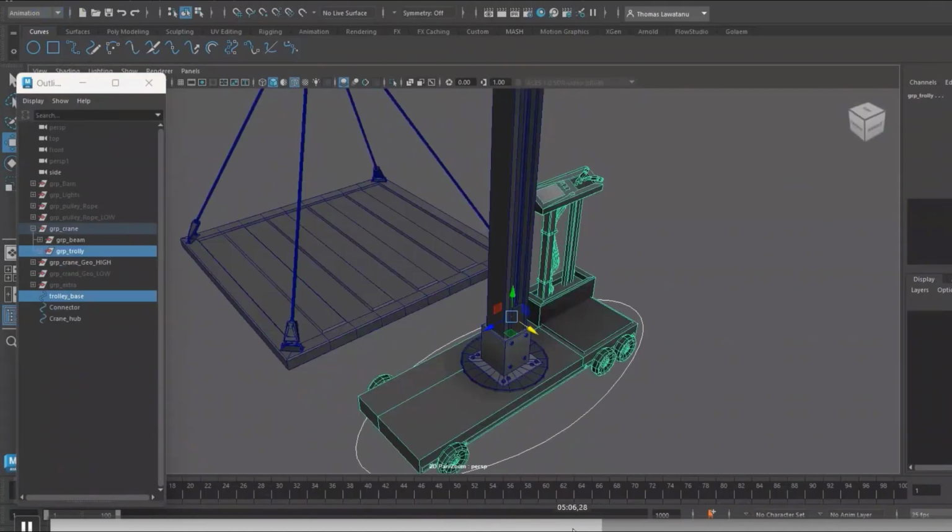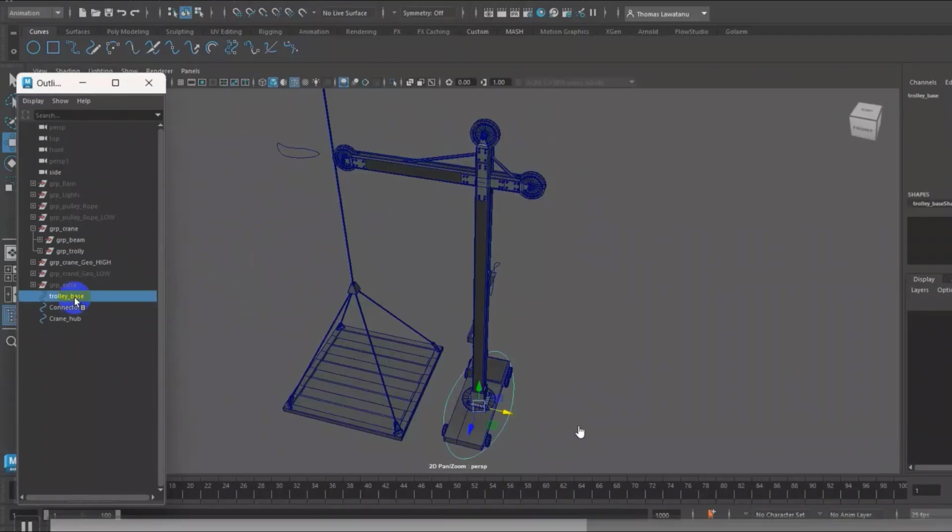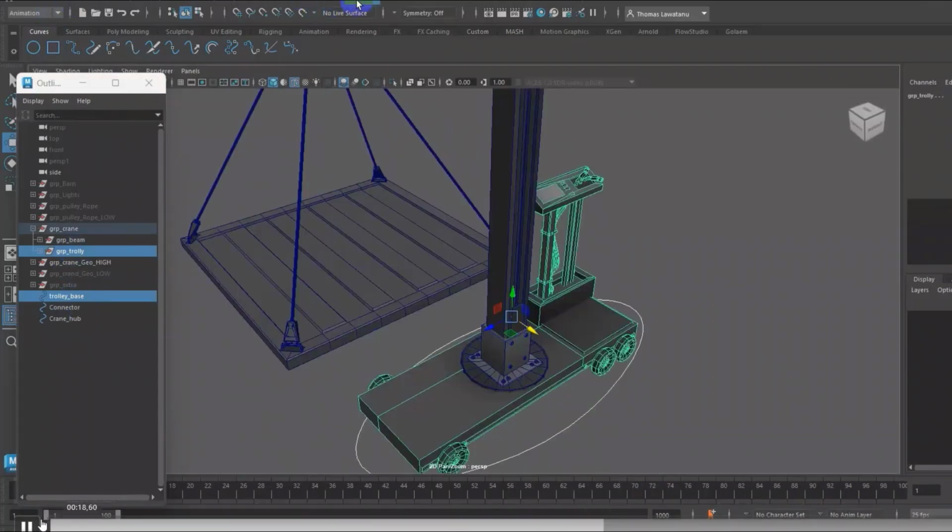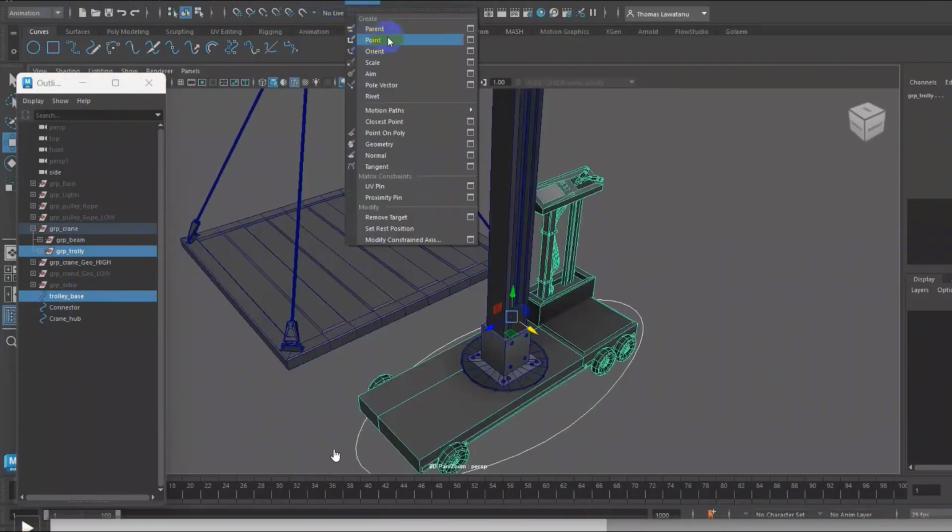Now we move on to moment. I think first we need to do some constraint, at the base. Okay, I select it. How to select it? Easy. You select the controller, and then you can direct which one you want to constrain.